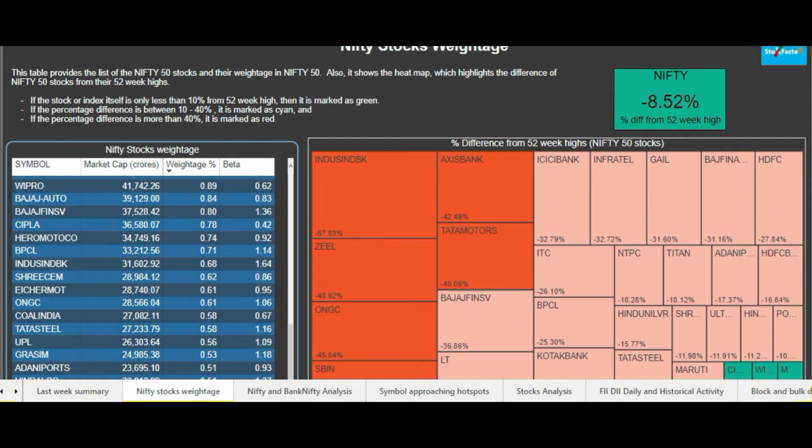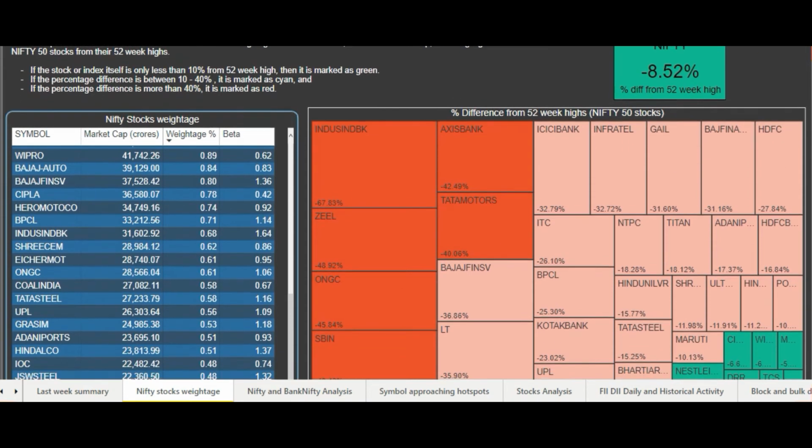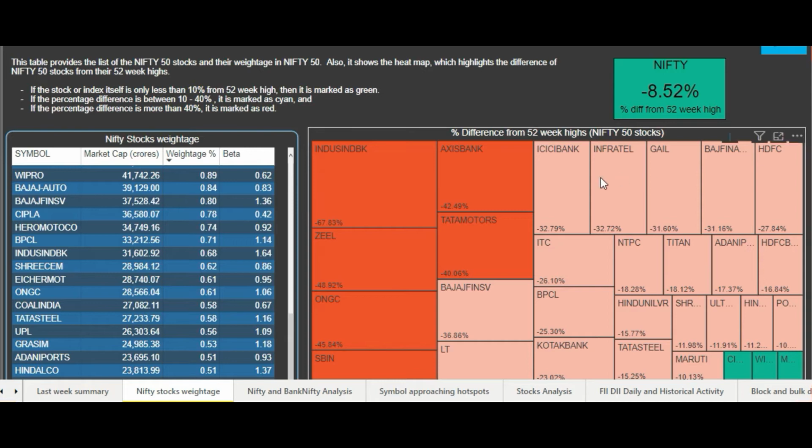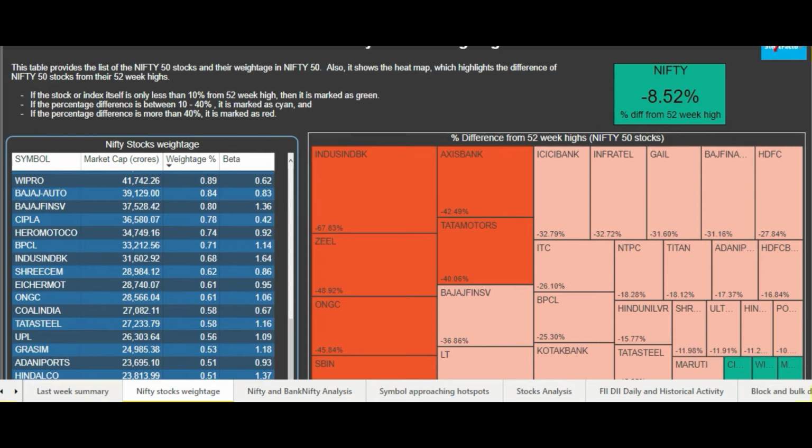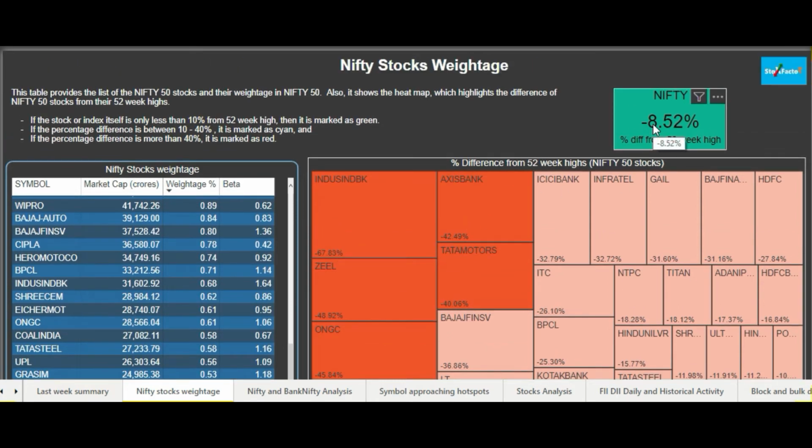Now coming to the right hand side, which is the important table for this particular page. There are different colors, so let me explain one by one, starting with the top box. At the top we have shown the Nifty 50 and the percentage difference from the 52-week high of the Nifty 50. The percentage mentioned here is minus 8.52%. It means that the Nifty 50 is still